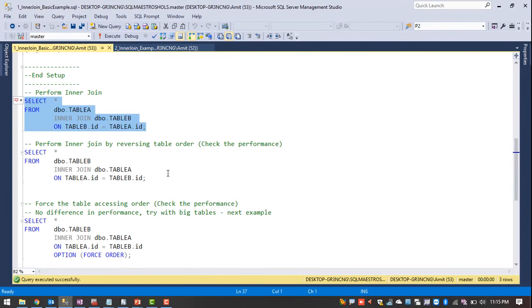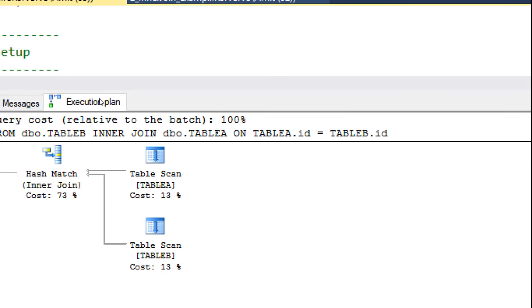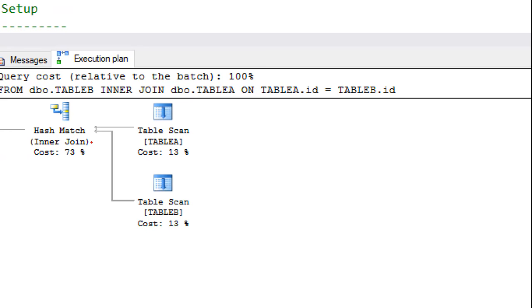But in this particular query, we are telling SQL Server to do table B join with table A. Let me execute this and see the execution plan. Even if you tell SQL Server to join table B with table A, still SQL Server selects table A first as an outer table for hash match and table B later as an inner table for hash match.